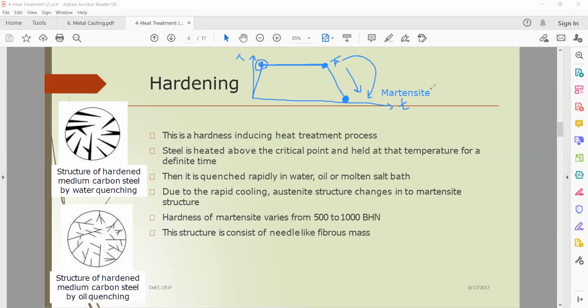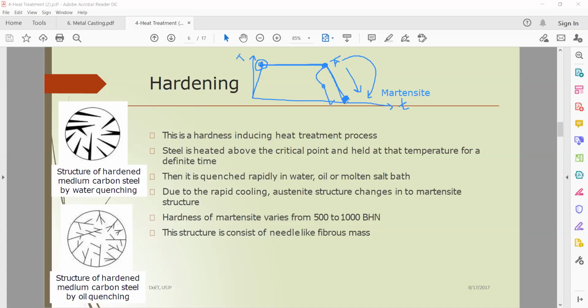Okay, so what you are doing during the cooling process is different in the heat treatment processes. According to the type of heat treatment, the cooling process is different. So in this case, the hardening process, in this third step, that means the cooling process,